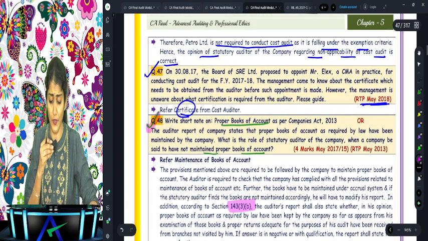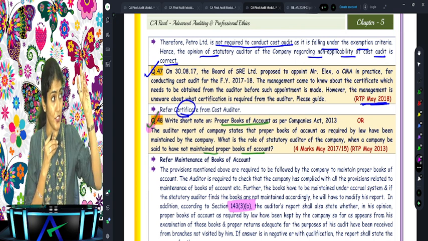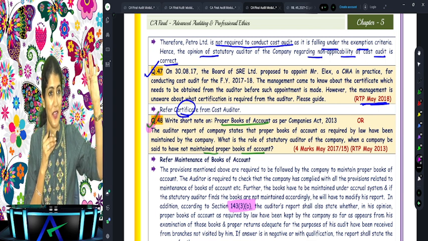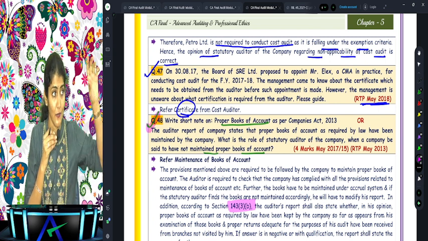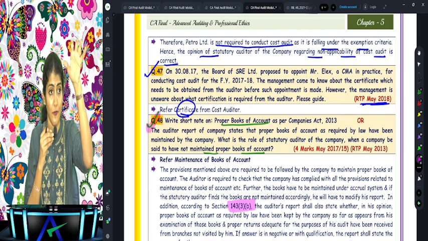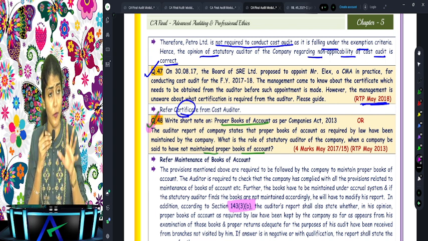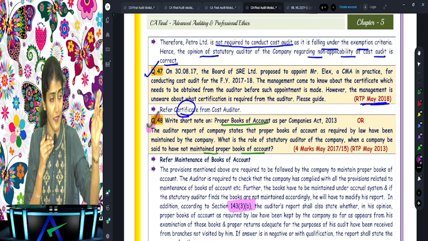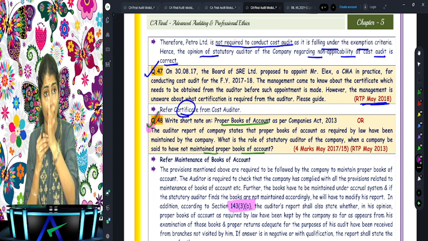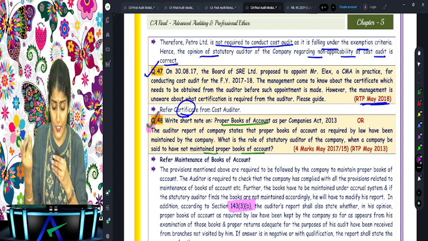Do you know the 10 points of 143(3)? 10 words: Information, proper, branch books, AS, adverse, directors, maintenance, IFC, others. 143(3), 10 points. Today we studied 143(1), 6 points of inquiry. 143(3), 10 points of reporting. What are the 10 points? Information, proper, branch books, AS, adverse, directors, maintenance, IFC, others, and under others we have 8 points over there.